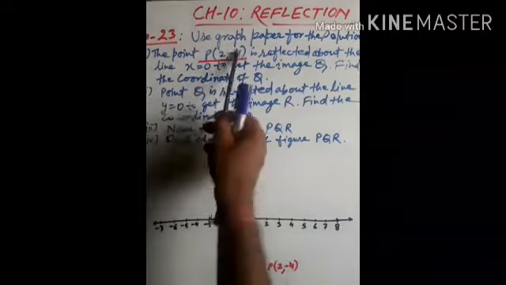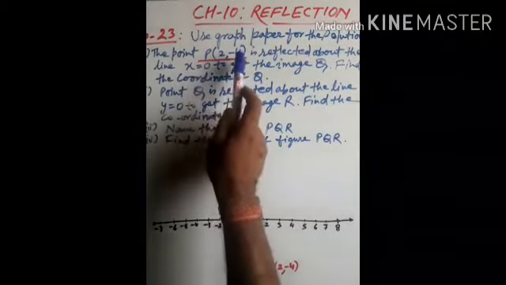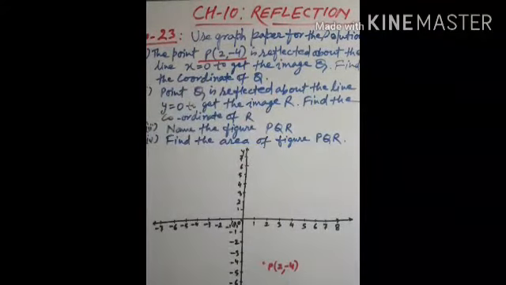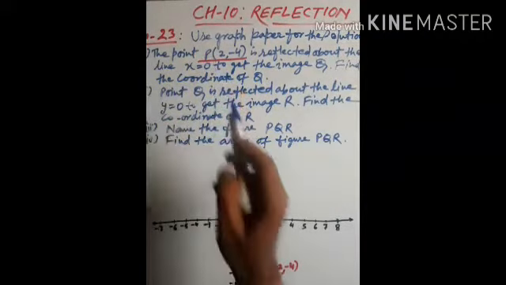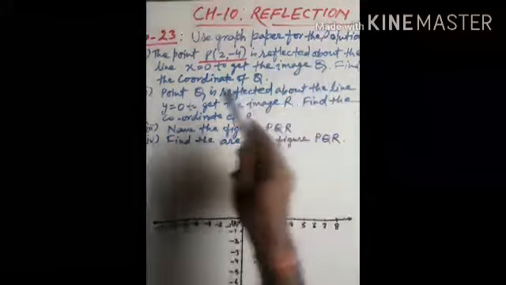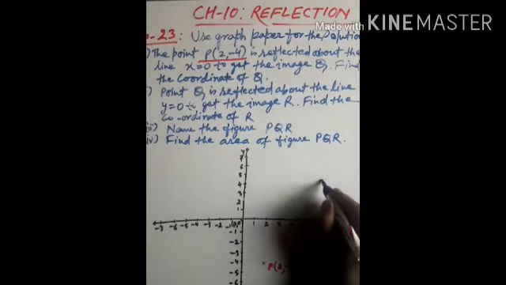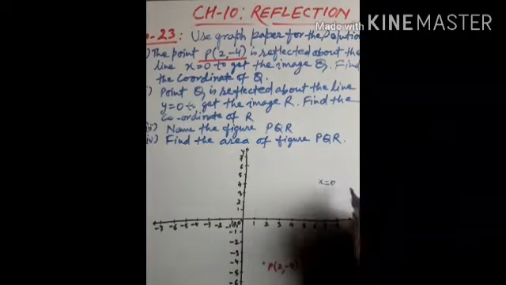Now see, from here you can see the P x coordinate is positive, y coordinate is negative. So positive and negative, so this coordinate P is lying in quadrant 4. So you will mark the point P here, and after that you have to reflect it in x equal to 0. What is the meaning of x equal to 0, children? X equal to 0 means y axis.